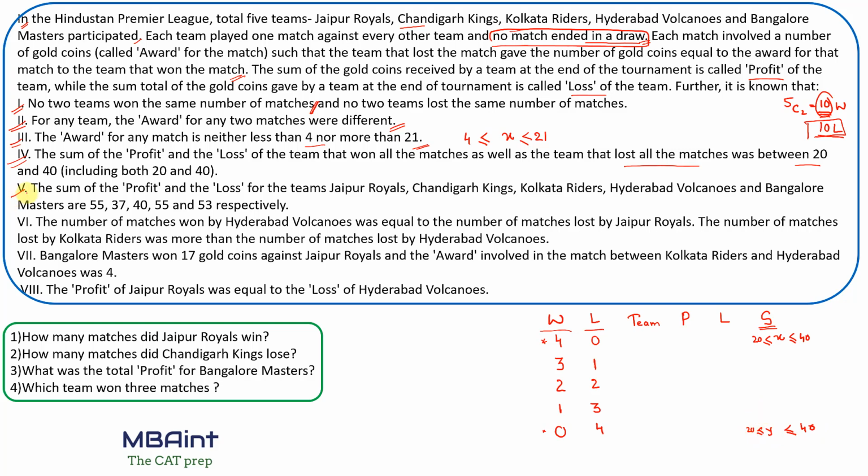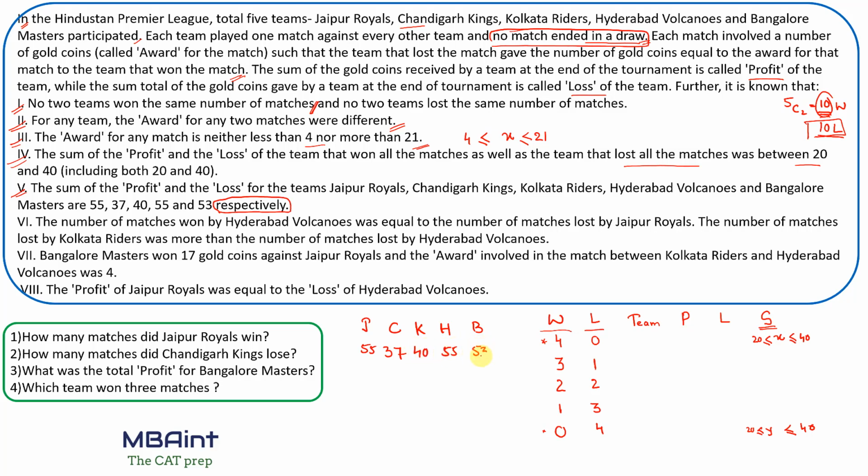Now the fifth point says that the sum of the profit and loss for the teams Jaipur, Chandigarh and the others is 55, 37, 44, 55, 53 respectively. Okay, so we don't need to arrange, it is already arranged. So what teams do we have? We have Jaipur, Chandigarh, Kolkata, Hyderabad and Bangalore, and the points are 55, 37, 40, again 55 and